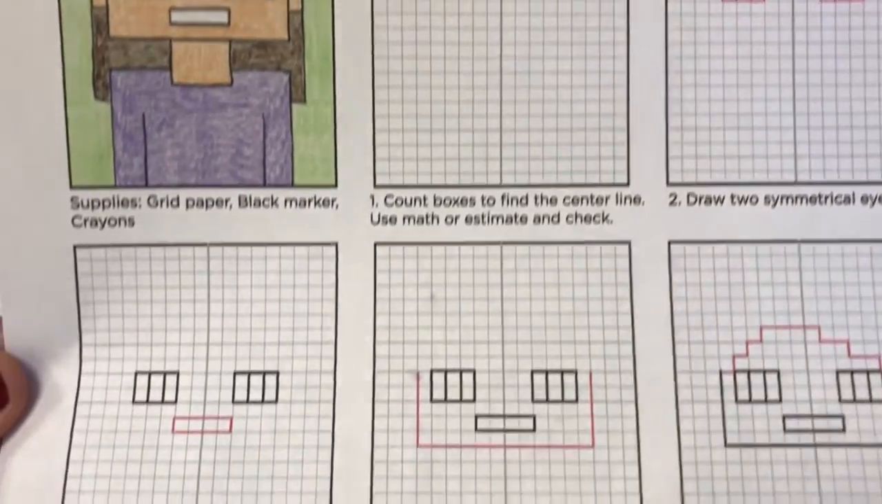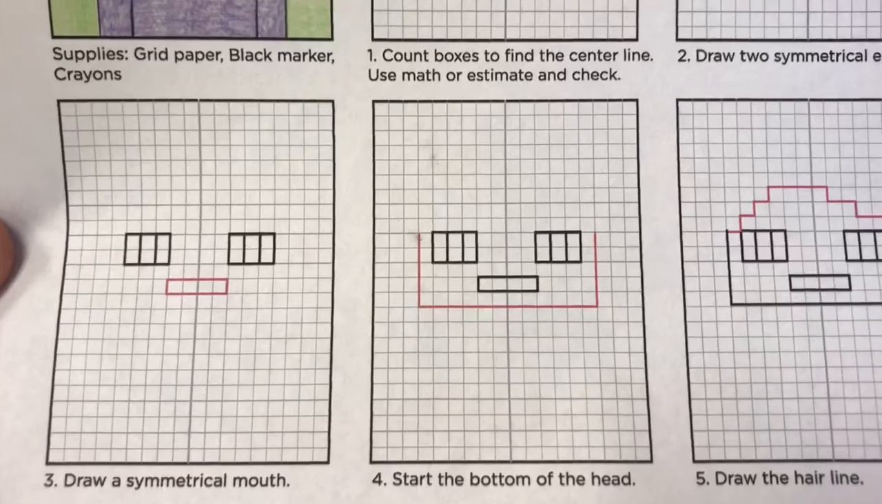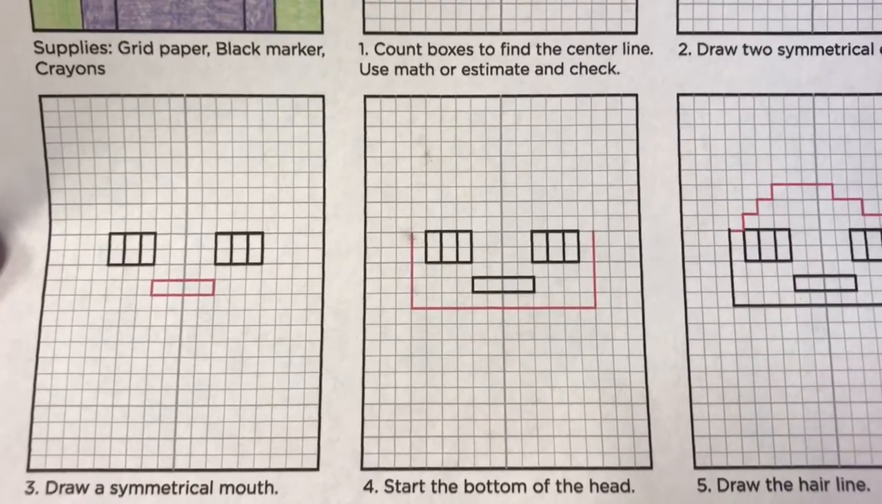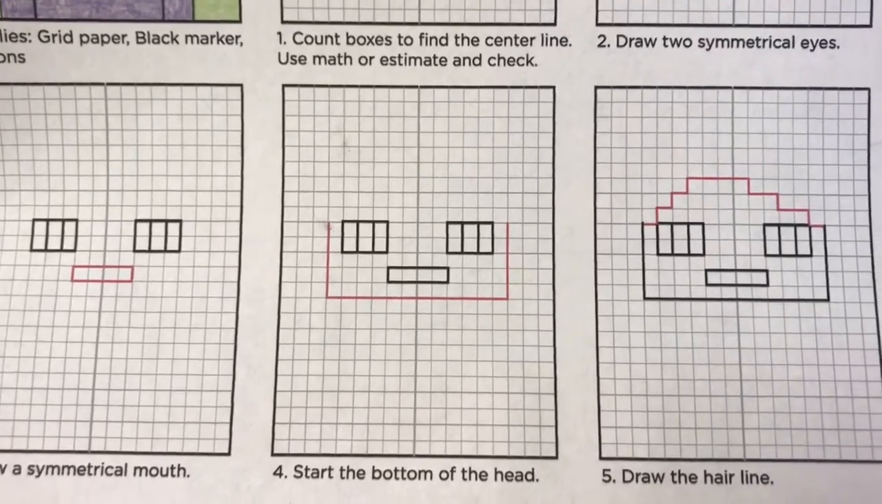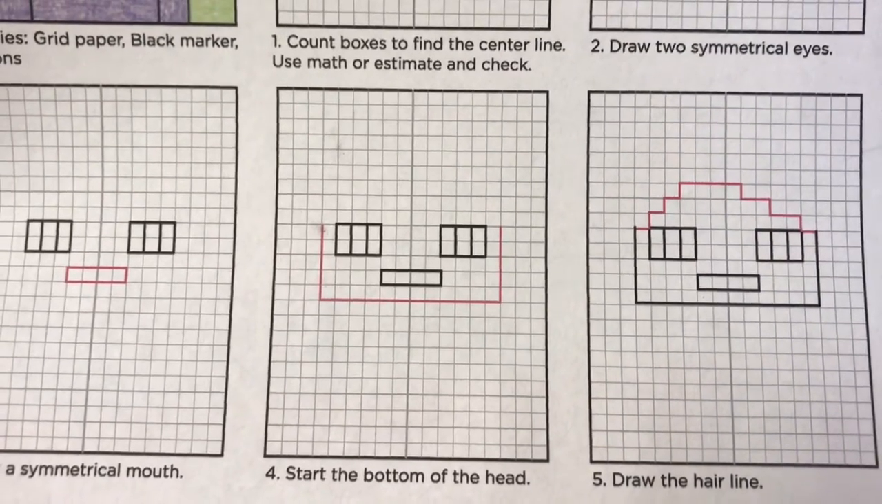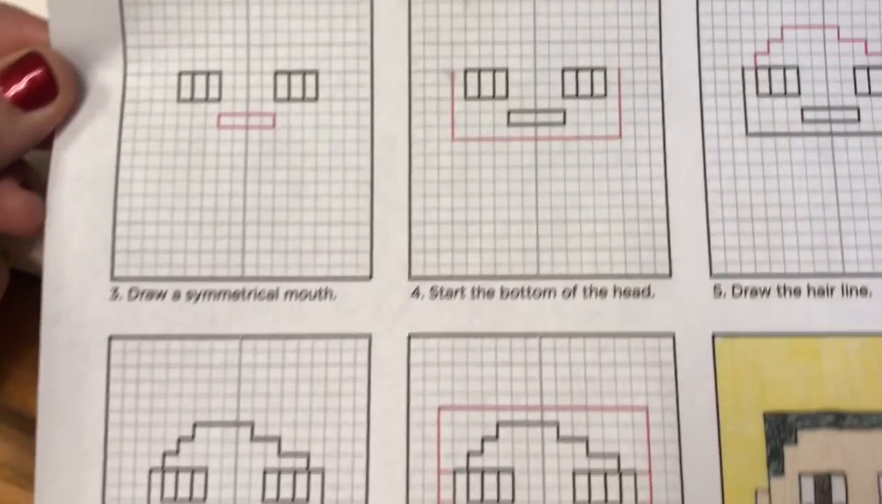You get to start with the eyes, and you can see how this person did it. Then they did a symmetrical mouth. They counted to do the bottom of the head and then the hairline. Then they did the neck and the upper part of the body, so the shoulders and the tops of the